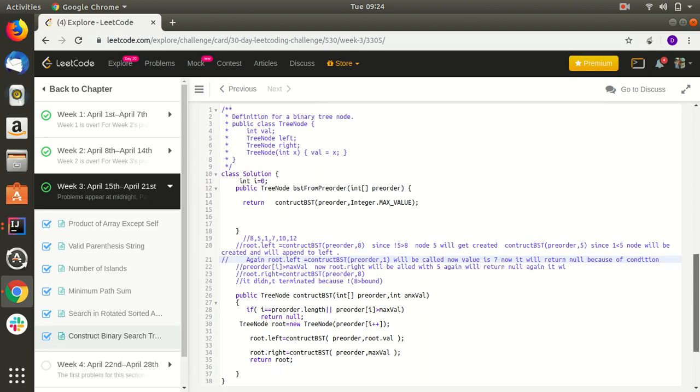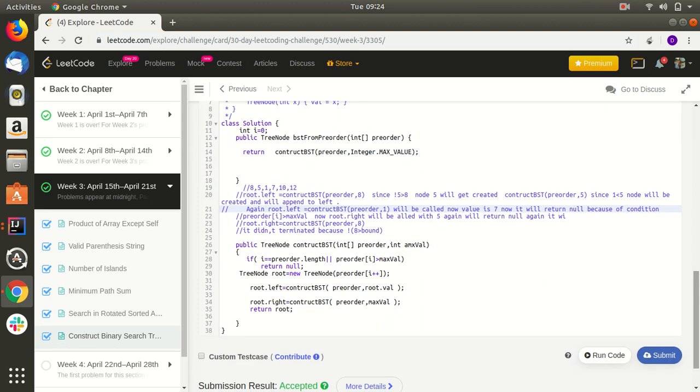So in Java we can do it iteratively or recursively. Over here I have done it the recursive way. I have initialized i equal to 0, then I made a call to constructBST. The constructBST function takes the pre-order array which is given and a maximum value.